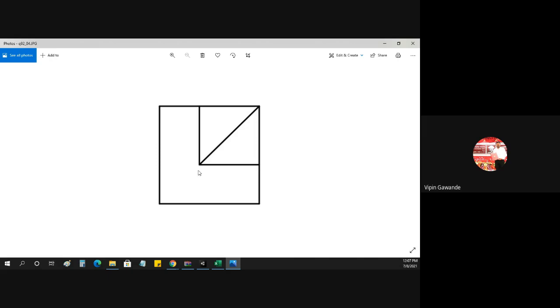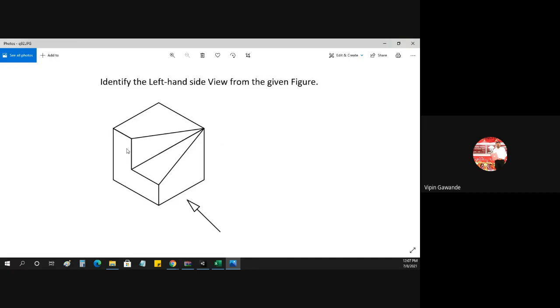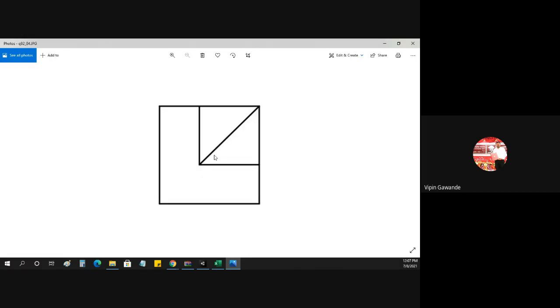This is the correct answer because we have drawn the first L shape and then we have just made that inclined surface straight. So we got here 1, 2, 3 surfaces only. So this is the correct option. Now just take this one, the L shape, and then this is the first surface, second and third, just make it straight. Inclined surfaces, just make them straight. Just imagine you are pushing that from the back side and you are making it straight. So make it straight and you'll get the correct option as this one. So this is your correct option.